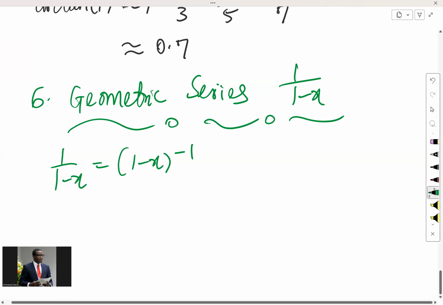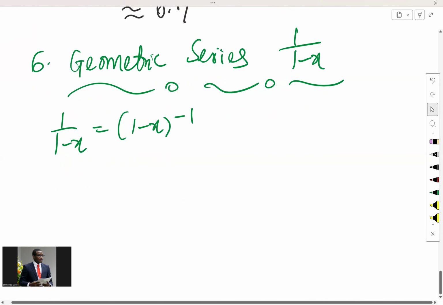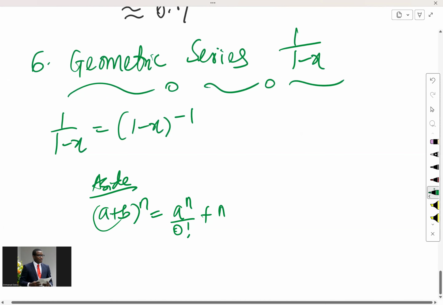Interestingly, I've not taught binomial expansion, but if you use binomial expansion for this, okay, maybe I can make a quick reference to binomial expansion here. So for binomial expansion, this is an aside, if you have a plus b raised to power n, the first thing you have is a raised to power n over 0 factorial, plus n. So this n comes down now. So you have a raised to power n, b raised to power 0 actually. Then the next you have n, then a raised to power n minus 1, b raised to power 1 all